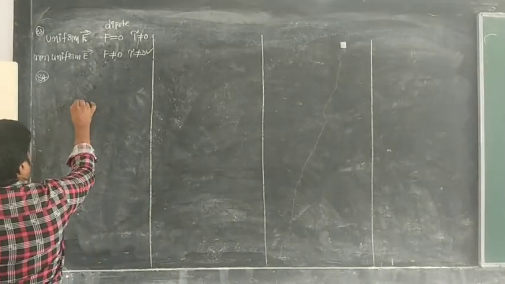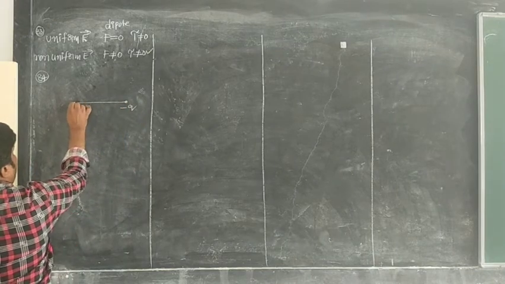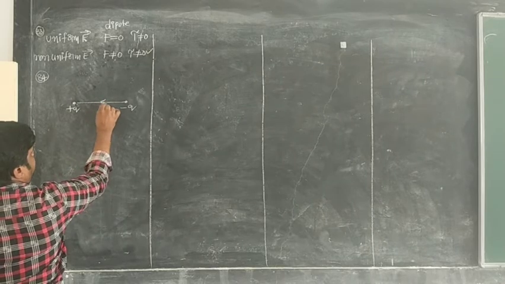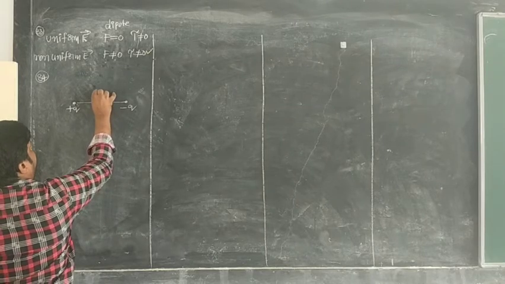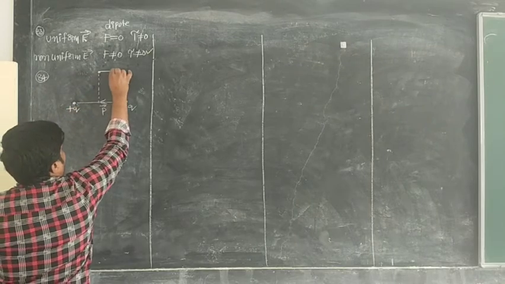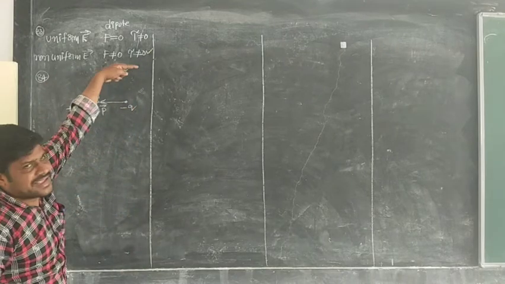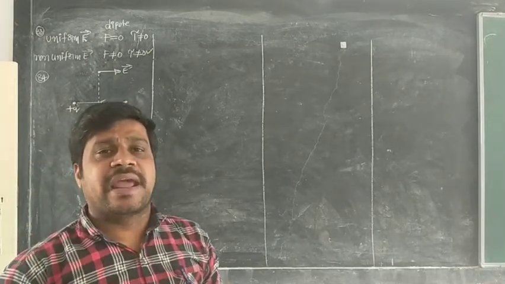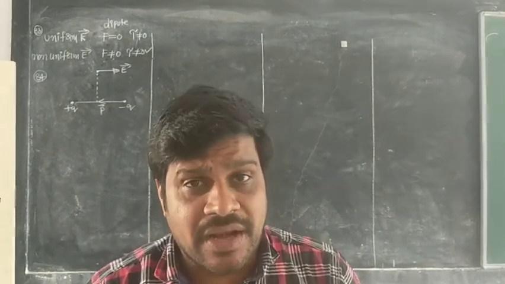Now this is nothing but one electric dipole in which this is the negative charge and here the positive charge is there. Direction of dipole moment is from negative to positive charge. Now here I am considering the equatorial line. Due to this dipole on the equatorial line, the direction of electric field is like this. So here the electric field direction is like this, and the dipole moment is like this. So electric field and electric dipole moment are opposite to each other on the equatorial line of a dipole.